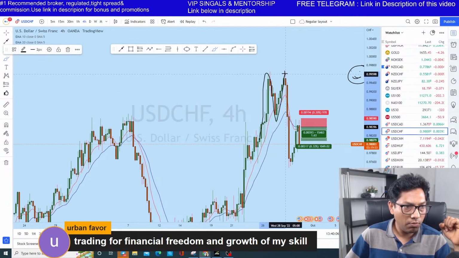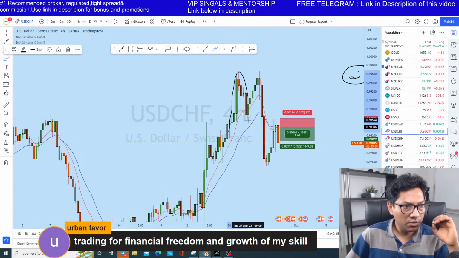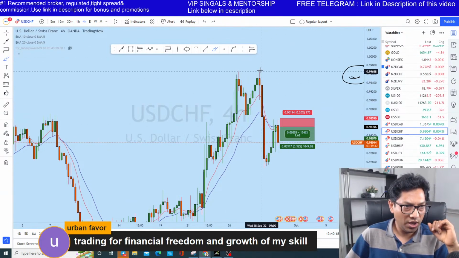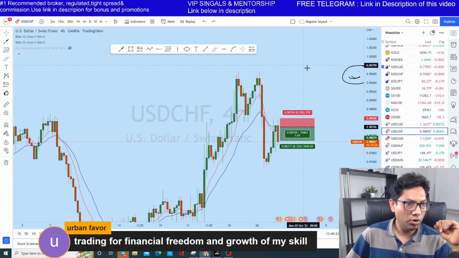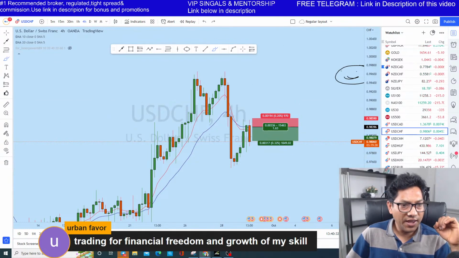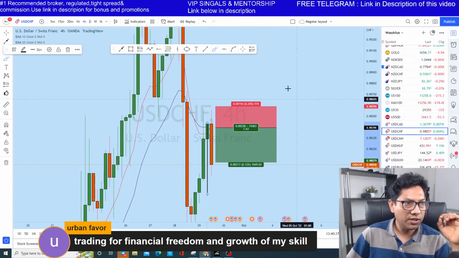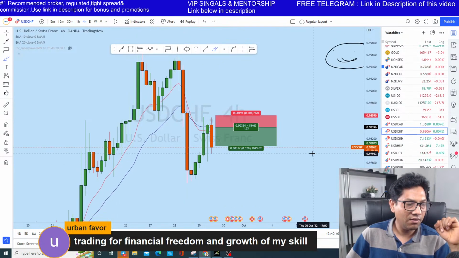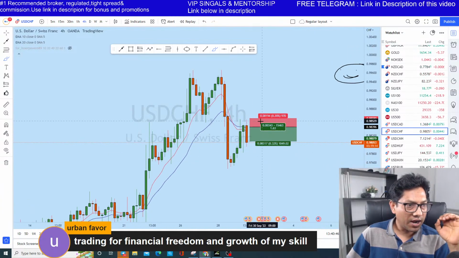Now first of all, look at this USD CHF, what it did. It's a big double top formation, right? A big double top. With that big double top formation, it's a sign of reversal, right? Then what we have seen, a big, strong drop to the downside on USD CHF, followed by quite a few smaller candles, a retracement to the upside. And then look at this candle, when it closed, this candle has given us a sell opportunity on USD CHF. Why? Because there are a couple of things aligning.